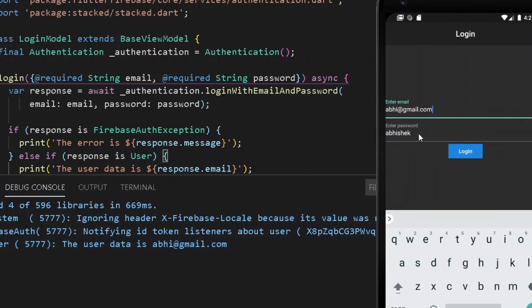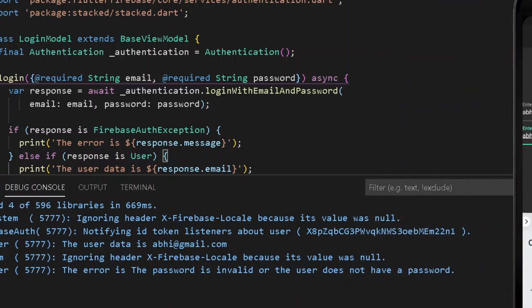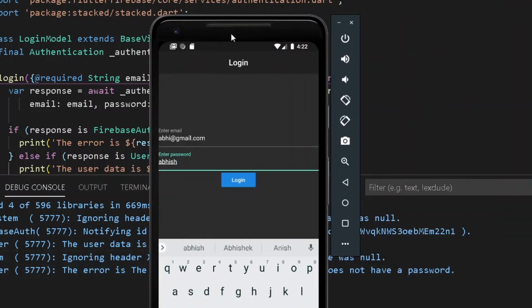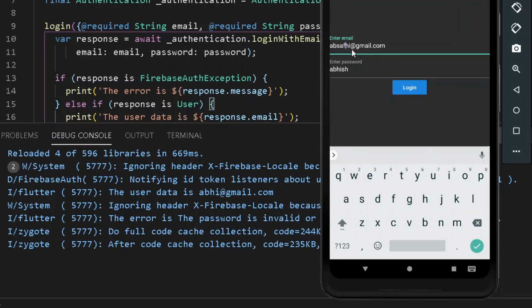So now what we can really do is remove the following thing off, and if I try to log in having a wrong password and press login, you can see we are getting our entire error which is password is invalid because the following password is not belonging to abhi@gmail.com. So the next thing we shall be doing is entering a wrong email. So here let's have any sort of wrong email and a wrong password.